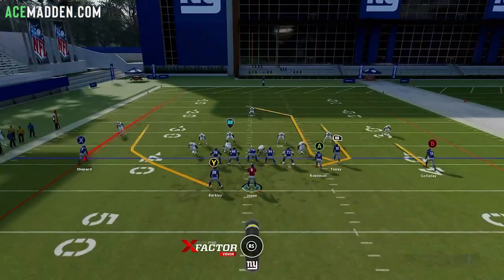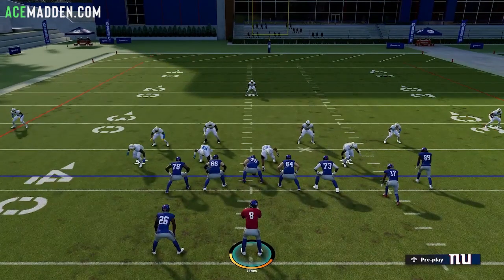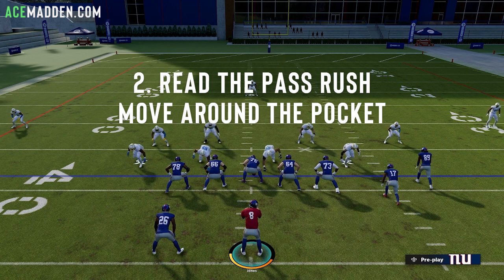So send everybody out. It doesn't matter what your route combination is right now. You just want to make sure it's 5v4 in this case, so your 5 offensive linemen versus the 4-man stock pass rush. All you're going to do is read the pass rush. You're not going to make a read. You're not going to be looking at your routes. All you're going to be doing is looking at the pass rush and using your left stick to navigate through